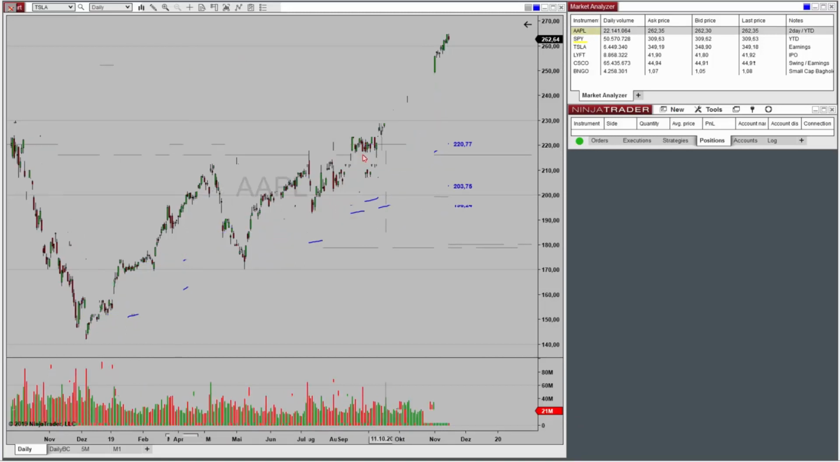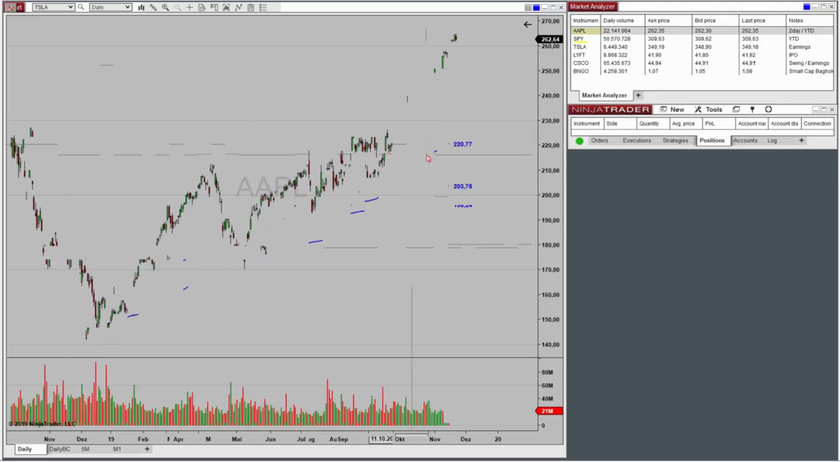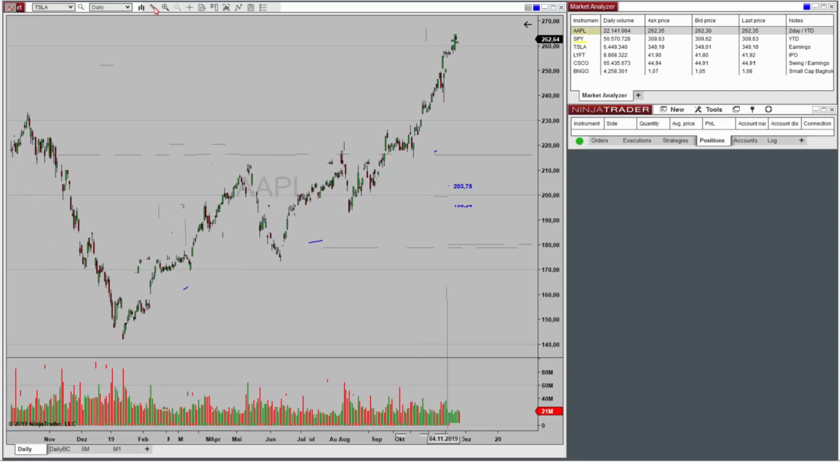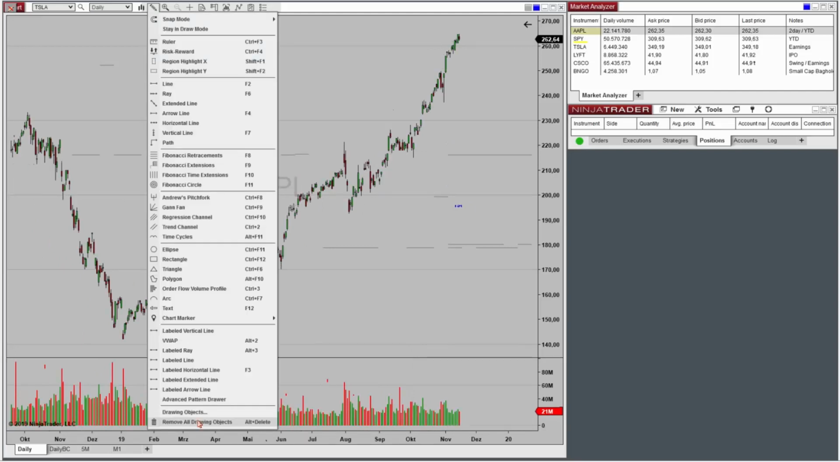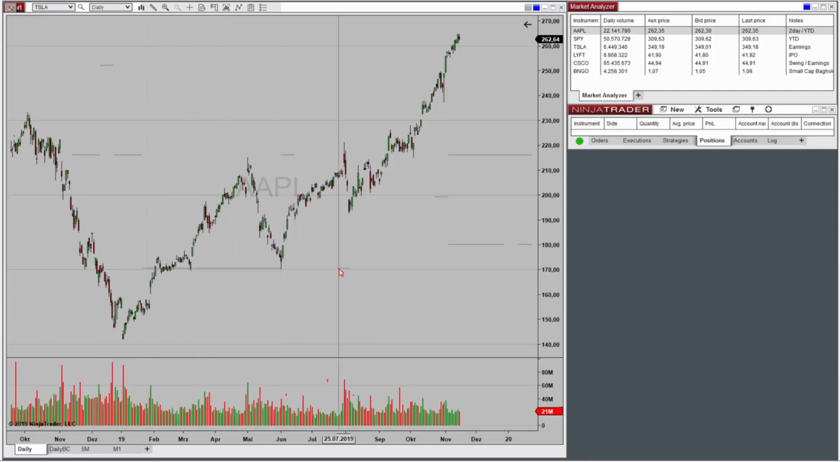And this is how you can really use it with hotkeys to even make it faster. And you see that to clean it up, I also have a hotkey for remove all drawing tools. It's for me Alt Delete, and by doing that I'm working really fast on my charts. The next thing we want to look at is the